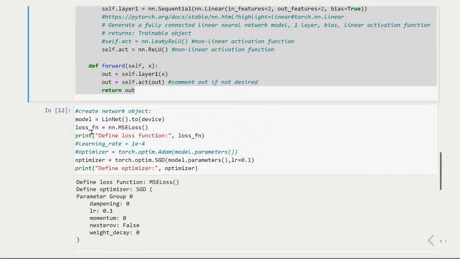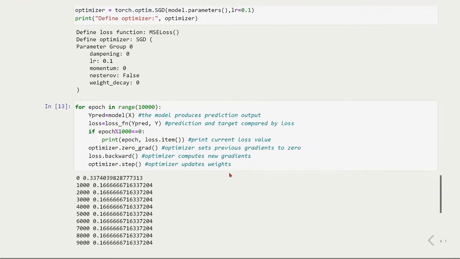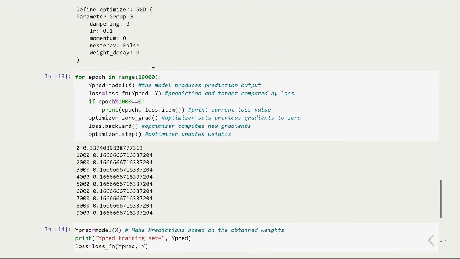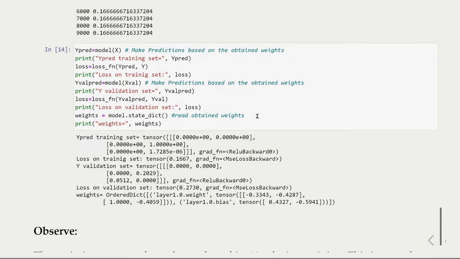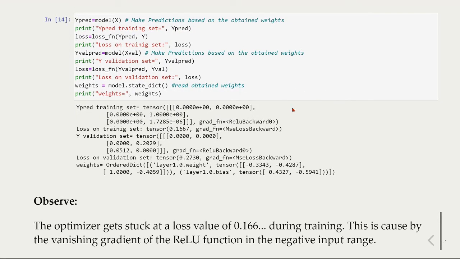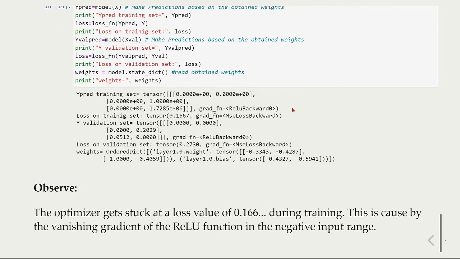We're still using the same optimizer, no changes here, and we run our experiment, but we see that the loss gets stuck and is not changing after some time. And here we see that even in the training set, the loss is 0.166, so the optimizer gets stuck at a loss value of 0.166, and this is caused by the vanishing gradient of the relu function in